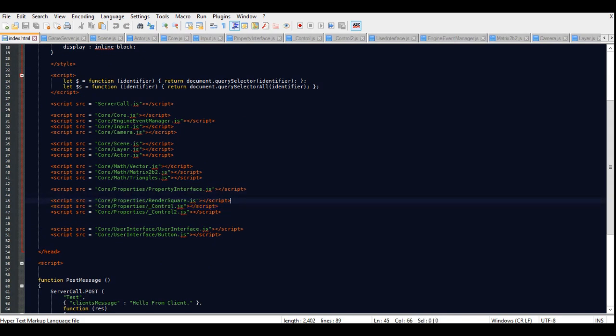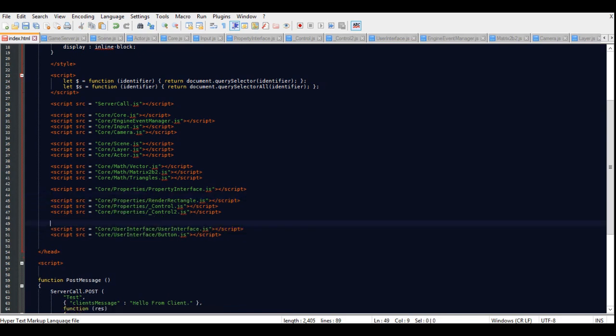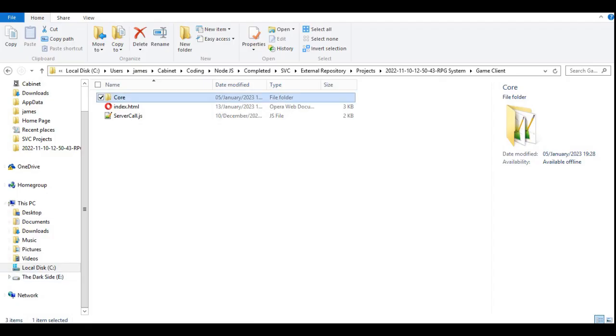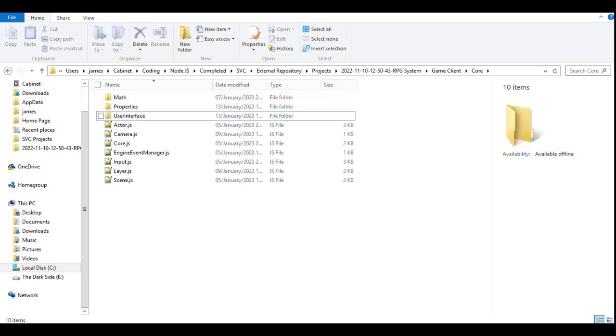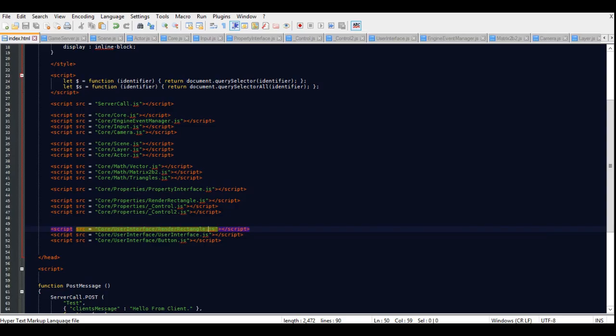So let's take this render square, we need to duplicate it, I'm going to take it and put render rectangle, JS file, the directory, and we're just going to put it above it, and we're going to change obviously the name to rectangle. Make sure I've spelled it correctly. So now that's in, we need to use this rectangle